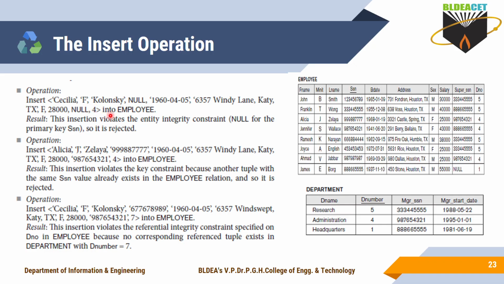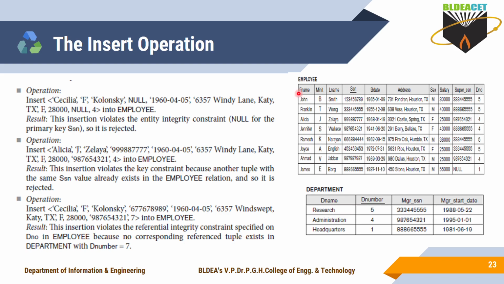Next you have to use the into keyword, and then the name of the relation into which you want to insert the tuple. Now, into which table do I want to insert? The employee table, sorry, employee relation. That's why you take the name of the relation as employee here. While inserting the values, you have to separate them attribute-wise using commas. This is your first attribute value, this is your second, this is your third, fourth, like this. And while inserting the values, you have to insert them in order.